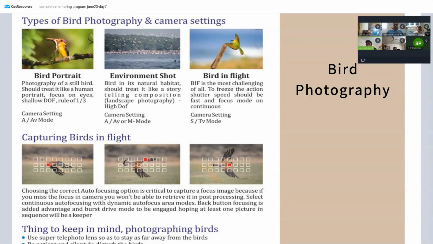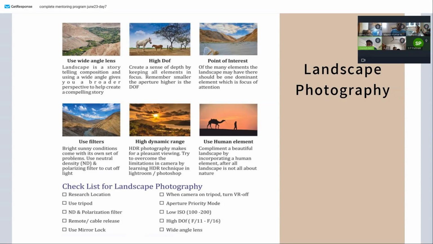सर, ये वाइड एंगल लेंस क्या? वाइड एंगल लेंस कौन सा होगा? वाइड एंगल लेंस